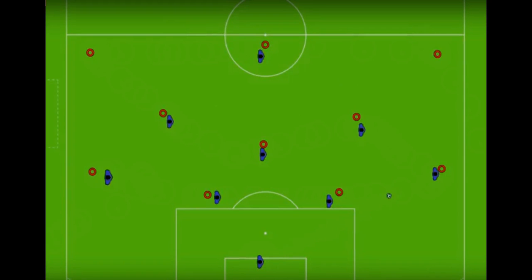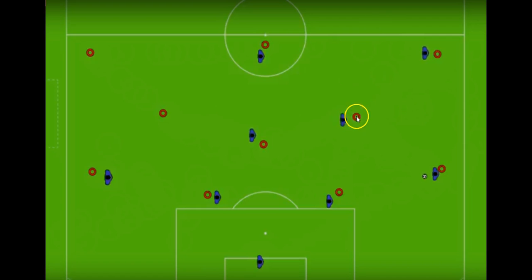Here in this scenario, the keeper moves that ball to the number 2. So at this point, we have 4 and 6 who are supporting the player on the ball, but we don't have anybody in 7 supporting the player on the ball. So we'll look at movement that allows there to be support. So we'll move the video there and we'll see that